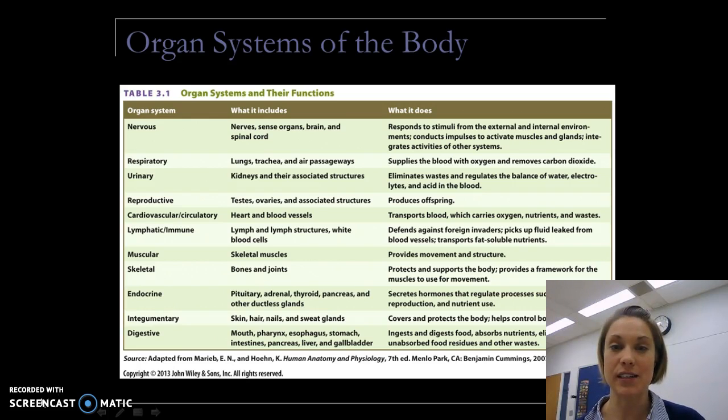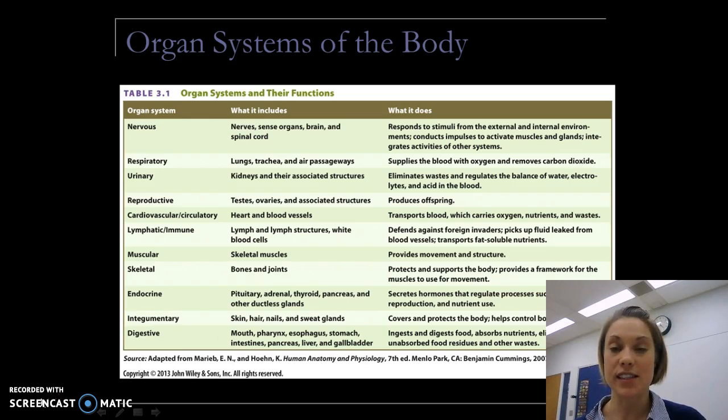Our respiratory system is going to supply blood with oxygen, and in order to transport that oxygen around, we need iron in order to move that along, and we need our red blood cells, which are made of proteins. Our urinary system helps to eliminate waste and regulate the balance of water. When we talk about water intake, electrolyte intake, and sodium, water, potassium balance, we'll really be talking about the urinary system and all the hormones that are integrated in there, which of course the hormones are from our endocrine system.